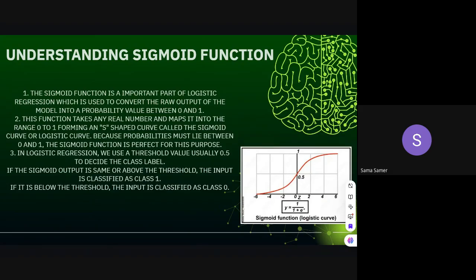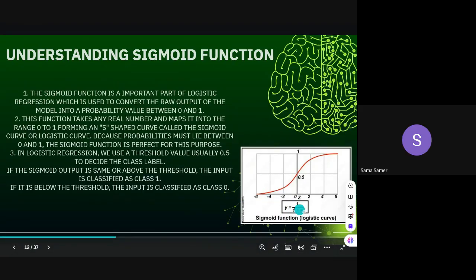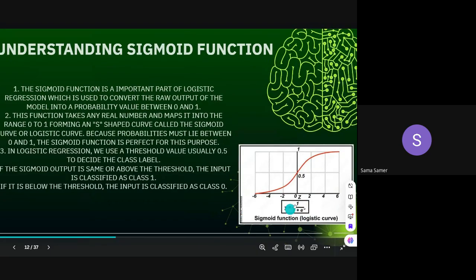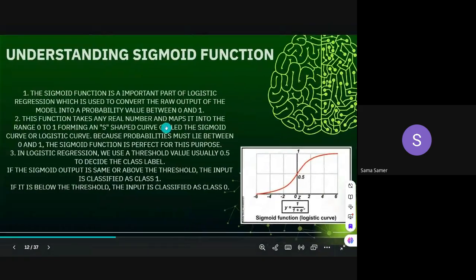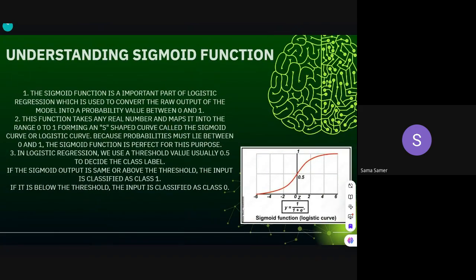And this is why we use logistic regression. We can say it is like normalizing the data between the values 0 and 1. The function takes any real number and maps it inside that range. So what is our equation? Our equation is here: y = 1 / (1 + e^(-z)). And this is the main equation that the sigmoid function depends on.